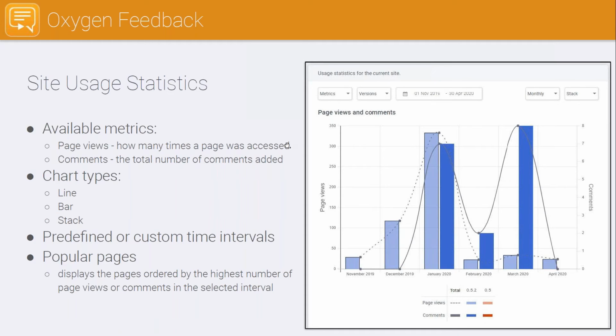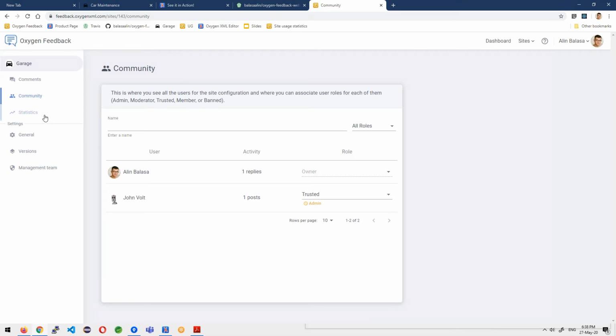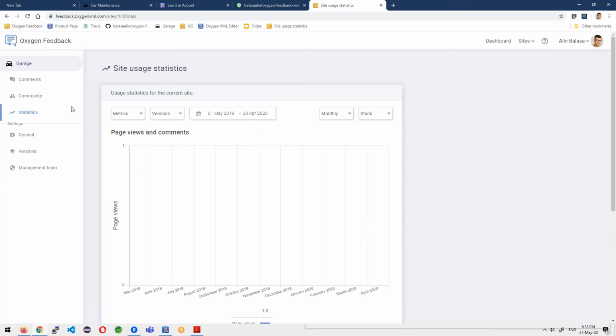Let's go to feedback and open that page. The page is accessible also from the site panel, clicking the statistics link. Since I have just added my sites, there is no data to be displayed in this